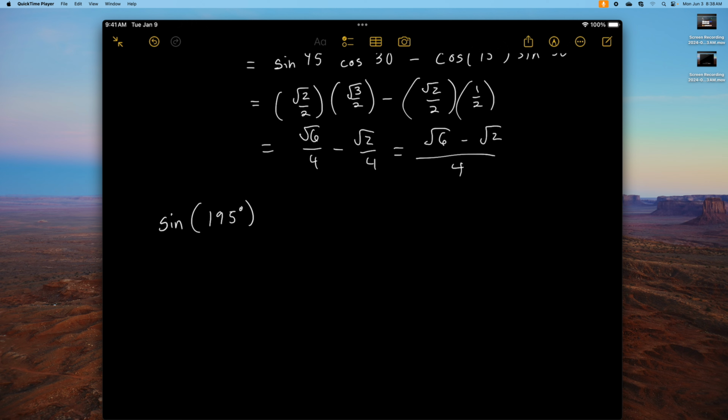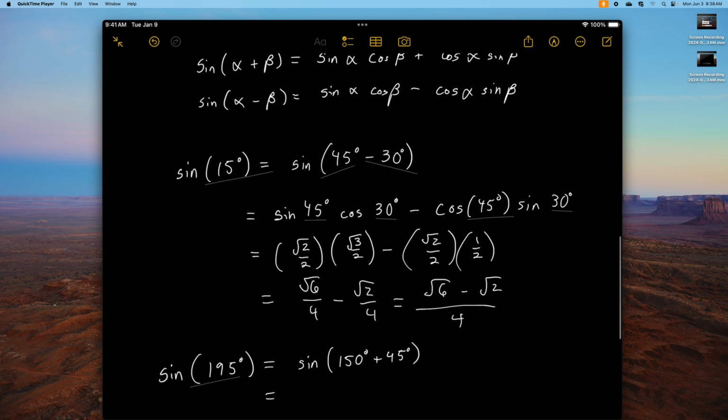Okay. So we could pick a couple different things, but I'm going to do it as a sum formula. If you think about that, we can do it as 150 degrees plus 45 degrees. 150 degrees is one of our nice angles on the unit circle. So we could write this using the sum formula. Let me scroll back up to it. It's going to be